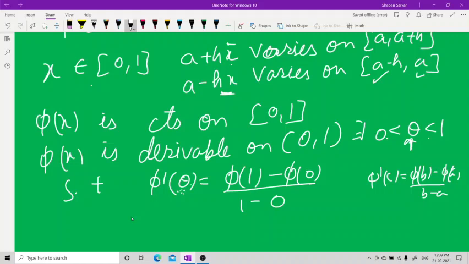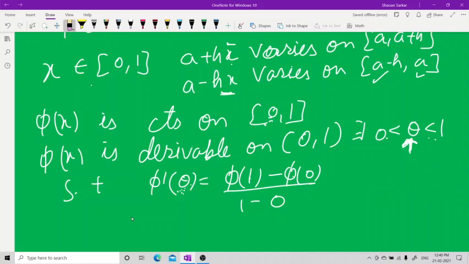There is no need to write theta x here, as we wrote earlier with phi of a plus h and phi of a. Here the interval is not a and a plus h, here the interval is a and b. That is why this theta is behaving like this C. Though it is between 0 and 1 undoubtedly, it is not behaving like theta x between a and a plus h; the interval is 0 and 1. So you need to write phi dash C, this formula I'm using.